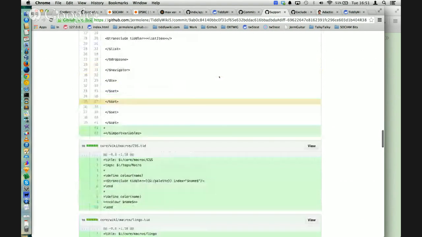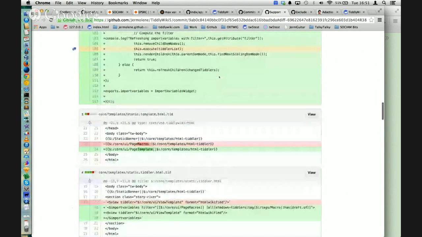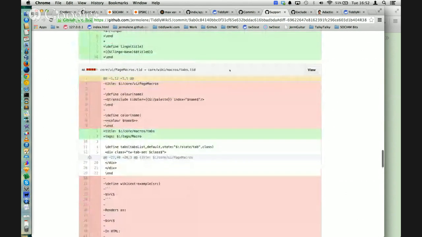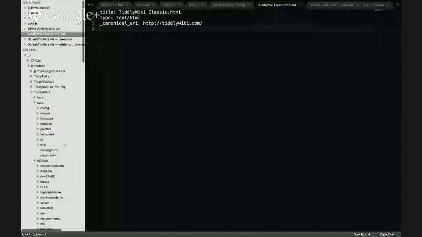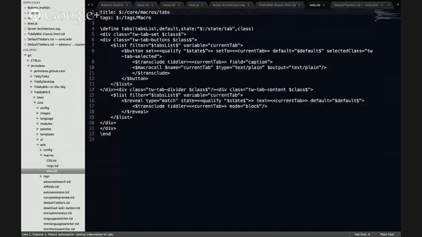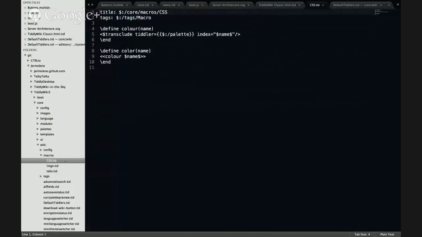So the big change that we were able to do was to get rid of the page macros. Well, Git's done something really stupid. Git decided that I wasn't deleting page macros, but that I was renaming page macros to tabs.tid. So what I've now done is we've got a folder core wiki macros, which if I show you on here, core wiki macros is the 3 tiddlers worth of global macros that the core is currently shipping with. So you can see the system tag to say I'm a global macro,